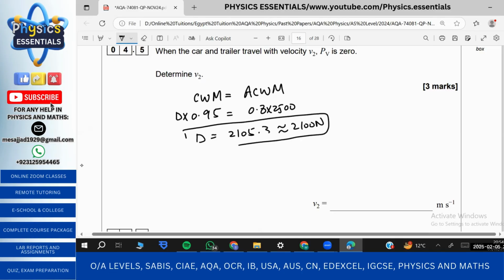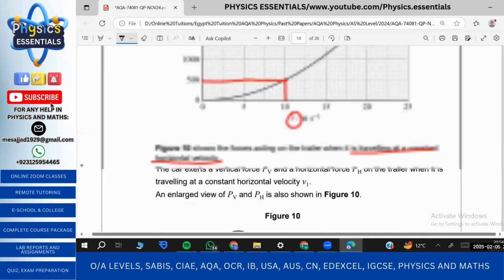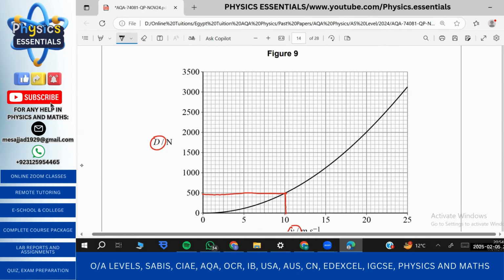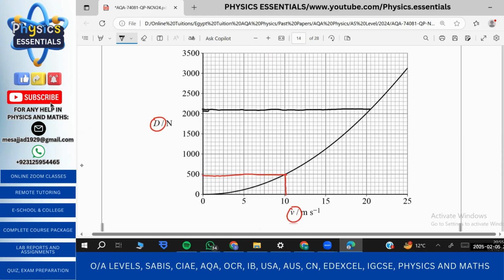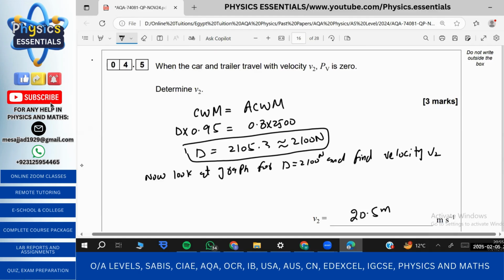Okay. Now we'll look at the graph again for D equals 2100 newtons and find velocity V2. So let's go back. There it is. So 2100 is actually here, right? And 2100 is giving me about this value, which is 20.5 meters per second. So V2 is 20.5 meters per second, right? Therefore, I will write the answer as